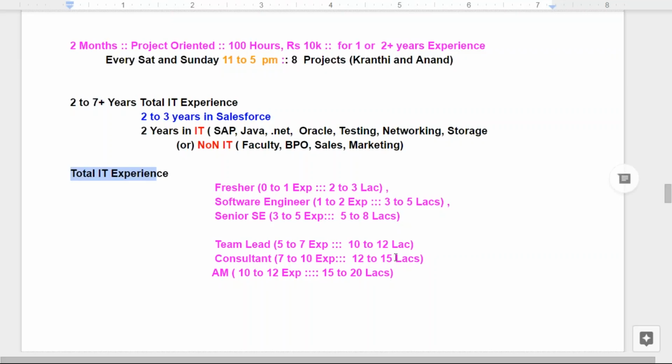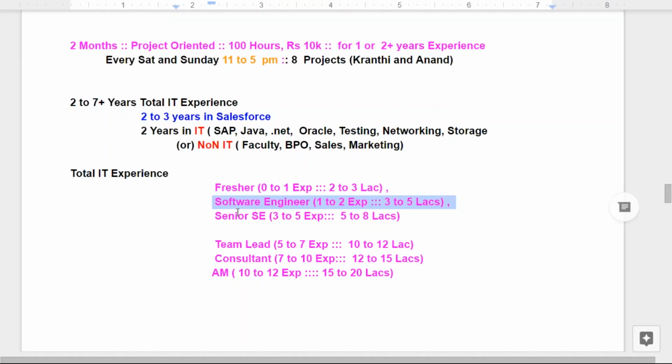If you want to go as an SC or SSC role, with a 3-year experience gap, a 14 pass out, you can go with 2 years of experience also. Then you work as a software engineer with 1 to 2 years of experience, and you can get a 3 to 5 lakhs package as a software engineer. SSC is for 3 to 5 years of experience, already working in other technology.